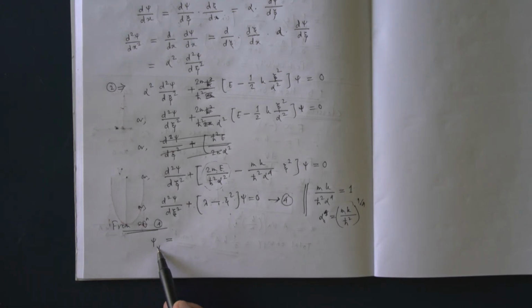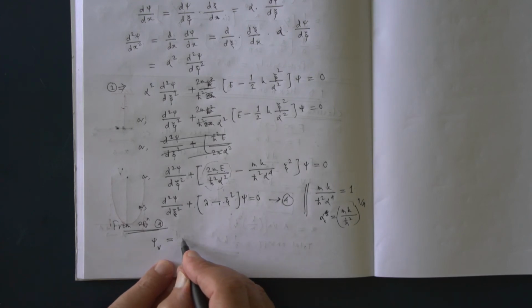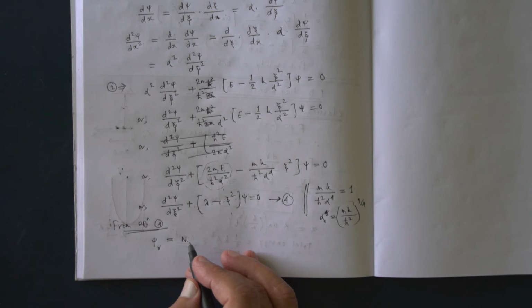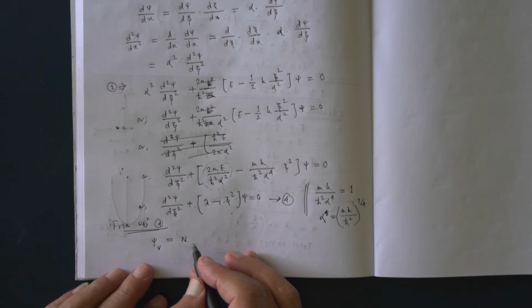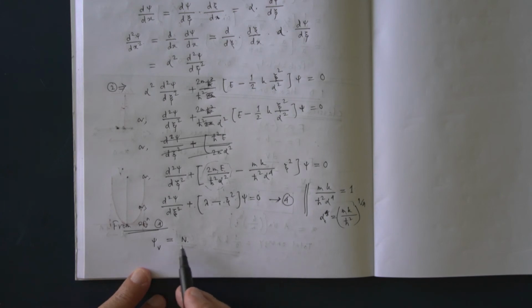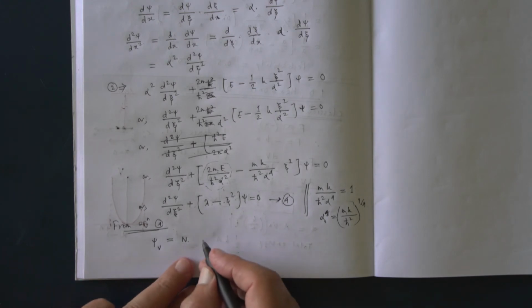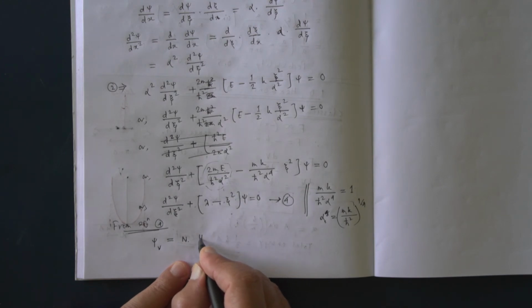Here v is the quantum number. And that will have one normalization constant. A normalization constant will always be there in quantum mechanics, and here we get one